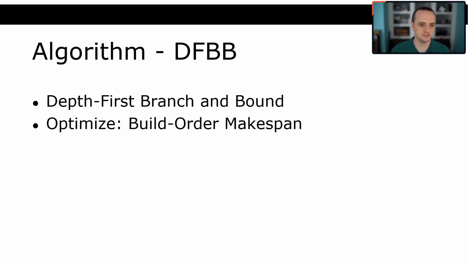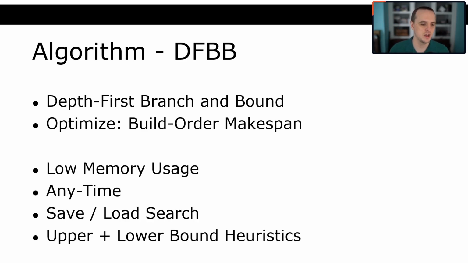With any search algorithm, what you're trying to do is minimize some function, right? And the function that I was trying to minimize was the amount of time it takes to build to the goal that you gave it. The system had low memory usage. It was anytime, meaning that, remember how we had an algorithm like A star? With the A star search algorithm, you run it to completion, and when it completes, you get the solution. But you cannot trust any solution. There's no solution in A star until the whole algorithm is done.